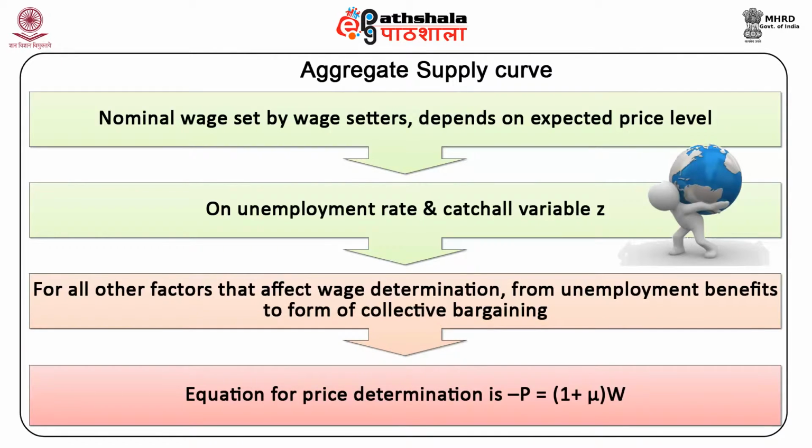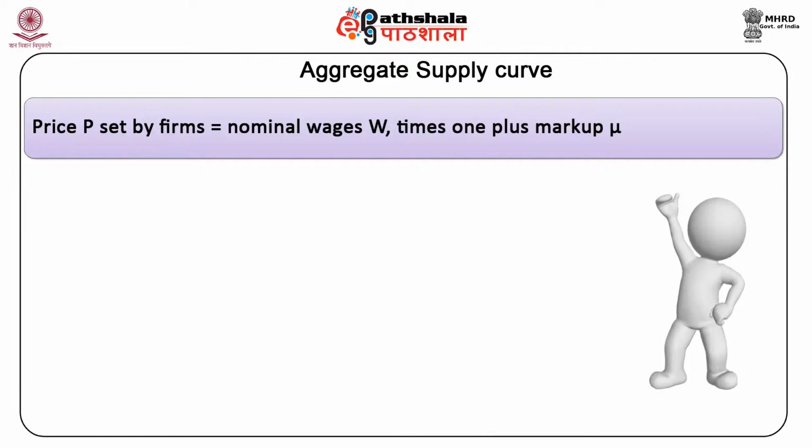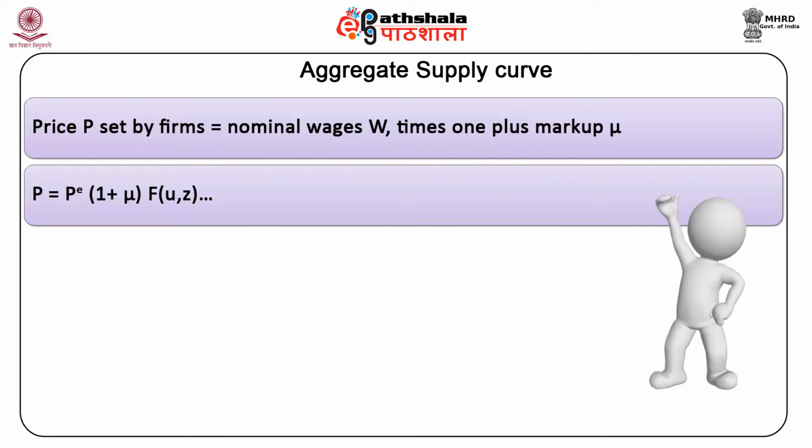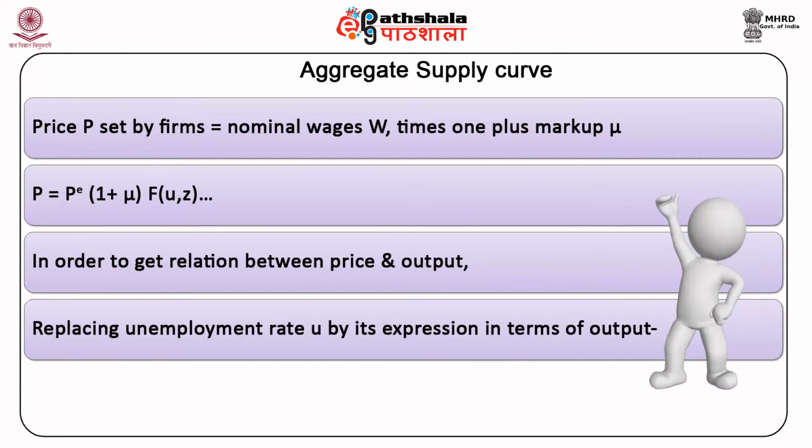The equation for price determination is P is equal to (1 plus mu) W. The price P set by firms is equal to the nominal wages W times 1 plus the markup mu. Substituting the value of W and using previous equations, P is equal to P^e (1 plus mu) F(U, Z). In order to get a relation between price and output, replacing the unemployment rate U by its